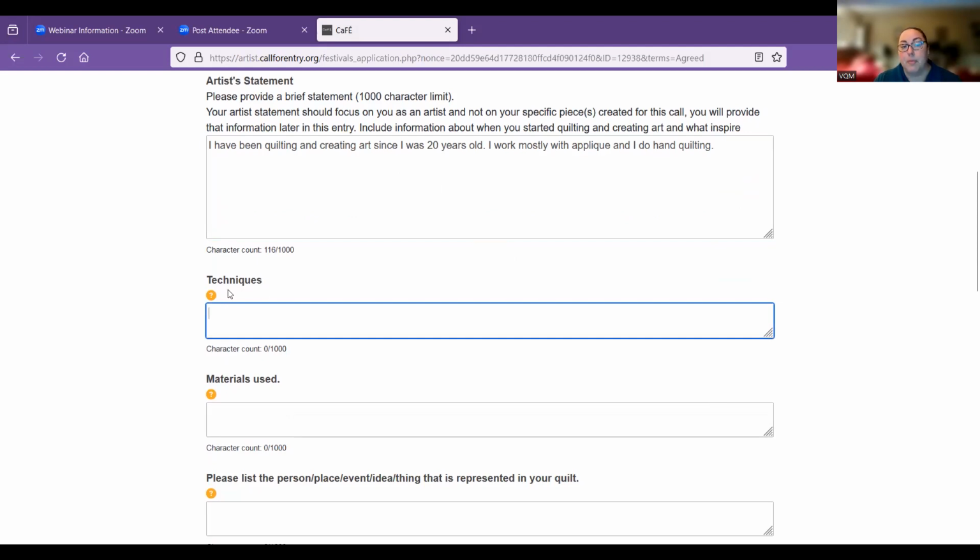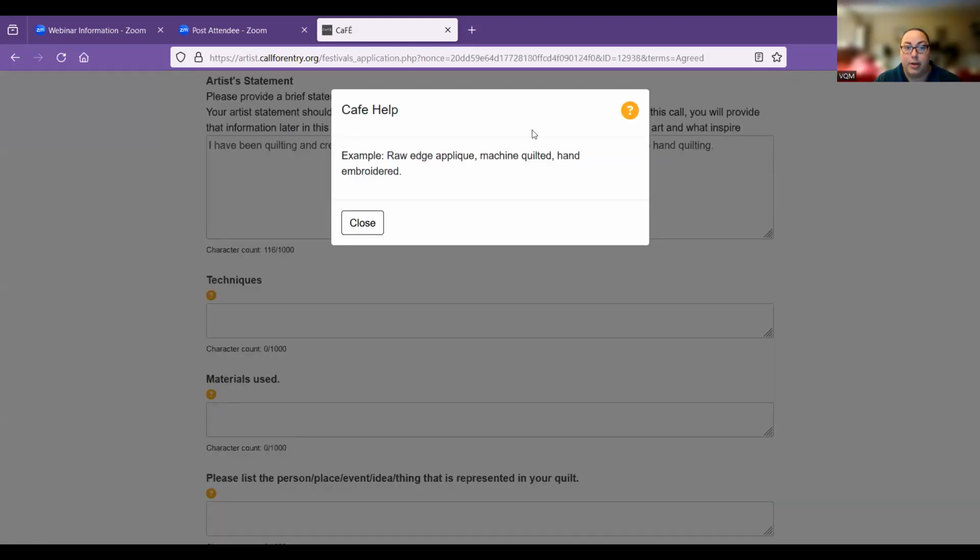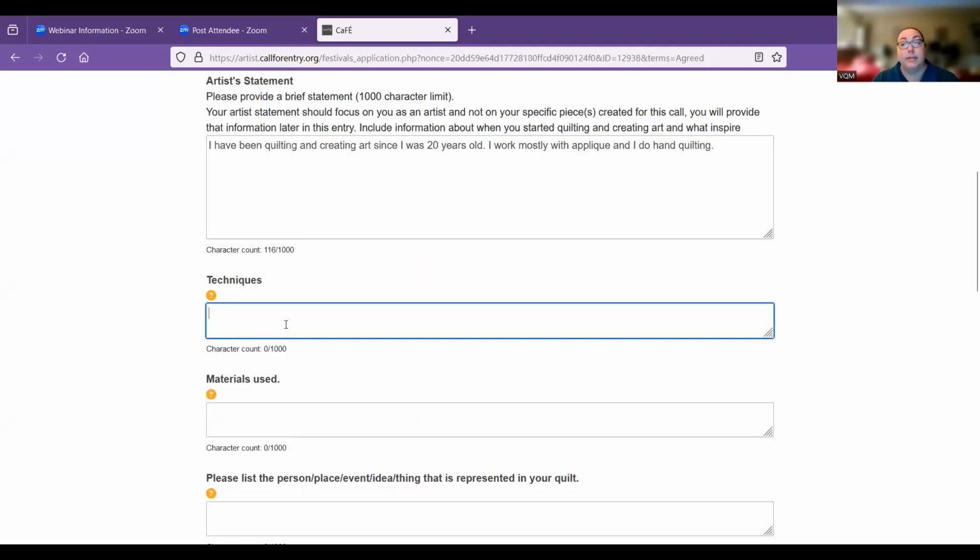Techniques. One of the great things about call for entries is these little yellow, orangish question marks. If you click on those, it's going to give you a little bit of an explanation of what we're looking for in that box. And so for techniques, we're really looking for the technique that you use to make this piece that you're submitting. So was it raw edge applique? Is it pieced? Is it machine quilted, hand pieced? Any of those things. If you're embroidering,